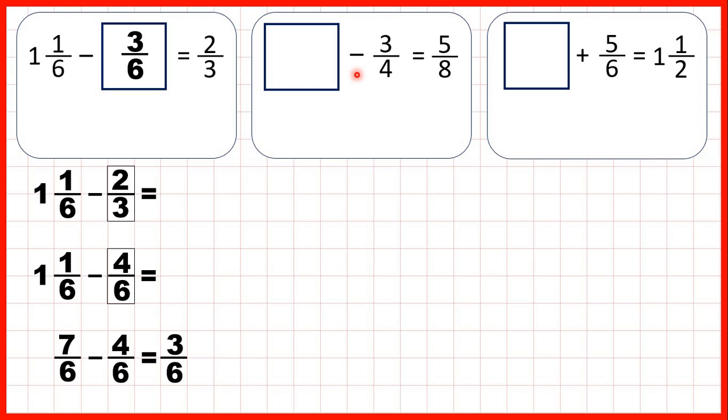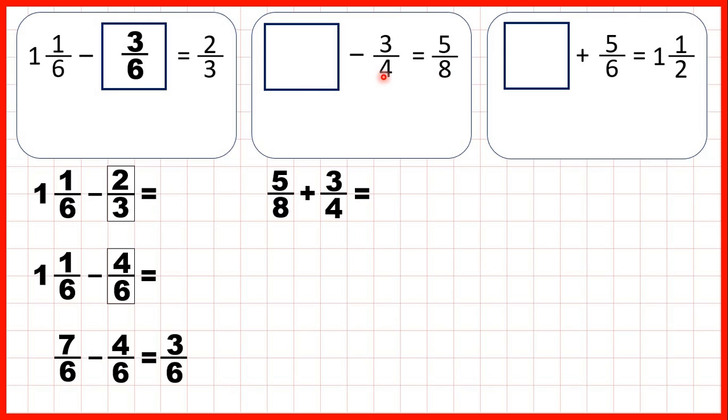Now, something minus 3/4 is 5/8. So here it's the minuend, or the first number, of the subtraction that's missing. Remember, subtraction problems can be read backwards as addition problems, so to find our missing number, we can add 5/8